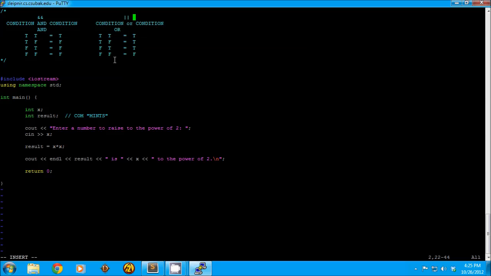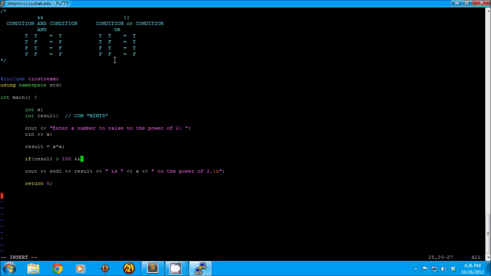Alright, so we're going to use the math program, the example that we showed earlier, and we're just going to add an if statement to this. So what we can do is figure out, we're just going to do a simple range. So once we get this, we can do an if, oops, need to take caps lock. So if, and then we got to open our parentheses. This is part of the syntax, and we have to give it a condition to look for. So we got to check to see if our result is, we're going to say greater than 100, and